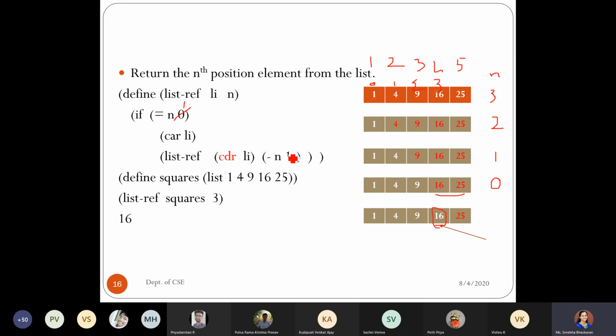As per Priya, she had one more variable which she will keep incrementing from 0 onwards till it reaches the n value. That is also fine. Any of the 3 ways you can define it. The main highlight is here we don't require the null condition because we are not traversing till the end of the elements. But CDR is the one which is required.